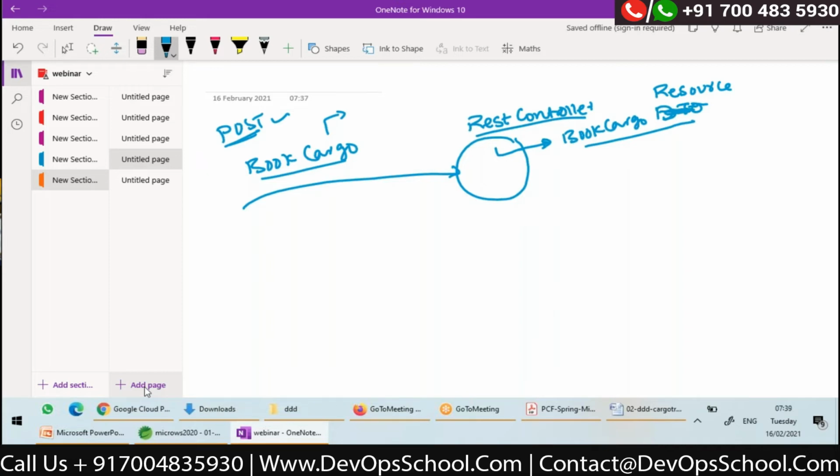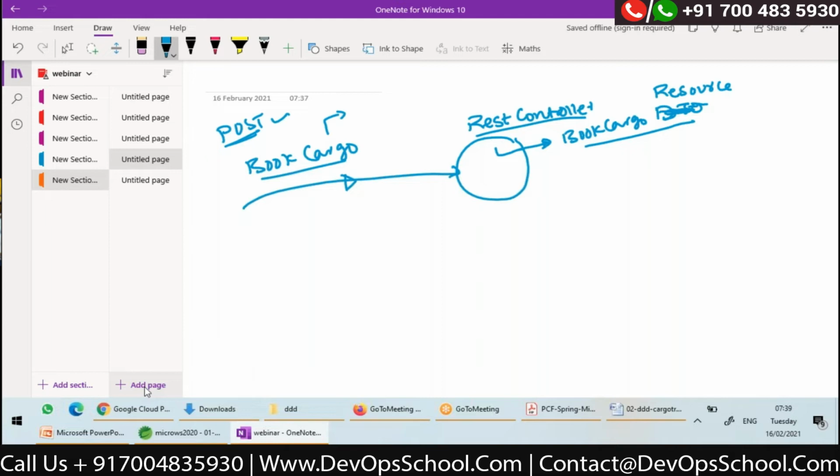So now this request is nothing but a command, right? Any request which will change the state of my aggregate will be a command request. So we will apply a command on my aggregate.